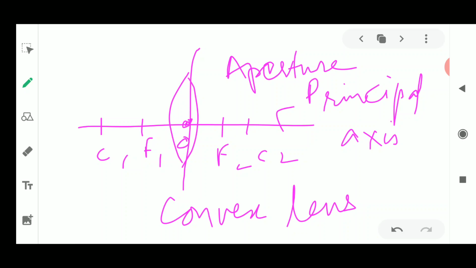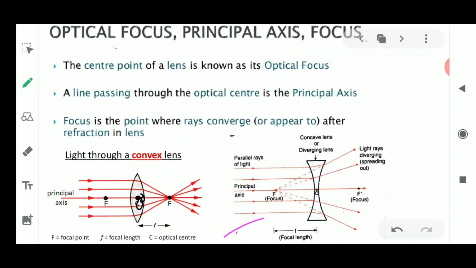Now I think you have all understood these points. These terms are very important, which is why I'm explaining them a lot, because they matter while drawing ray diagrams, children. If you are not able to understand these things clearly and build your concept up, it will not be clear what we need to study in ray diagrams. The main important part of the light chapter is those ray diagrams, which I'm going to discuss in detail.